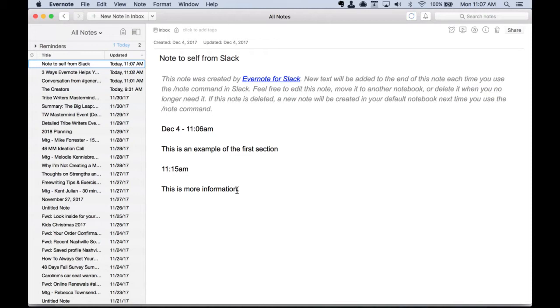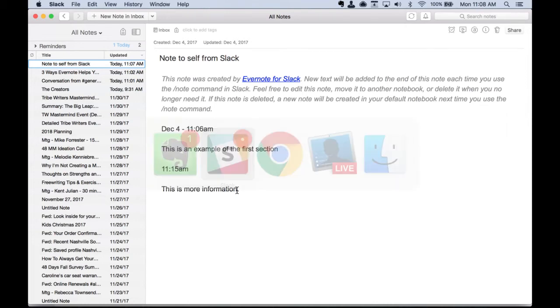Now, every time you do /note, it will look for the existing Note to Self from Slack and add to that. So, unless you want it to keep adding to that, you're going to have to rename this note. When you rename the note, from that point forward, Slack will create a new note called Note to Self from Slack. So, if you want to have an ongoing Evernote note from inside of Slack, then you can do /note and type notes to yourself. The second functionality is